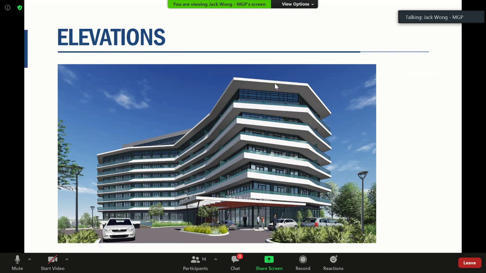And obviously, as a professional planner, I understand that the height and density is certainly one of the benchmarks in evaluating a project of this nature, but it should not be the only benchmark. We should also be looking into the surrounding context from environmental, urban design, and architectural perspectives. And I certainly believe this is a project that is consistent and compatible with the surrounding context.